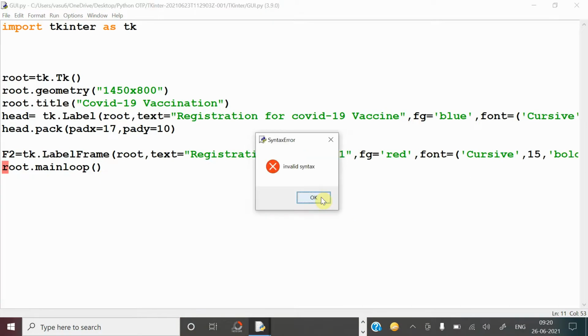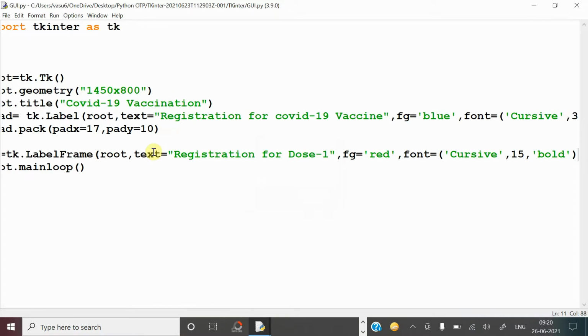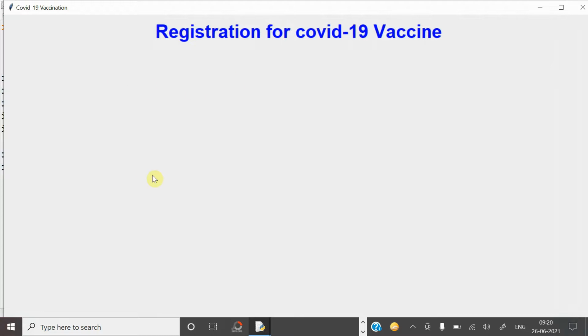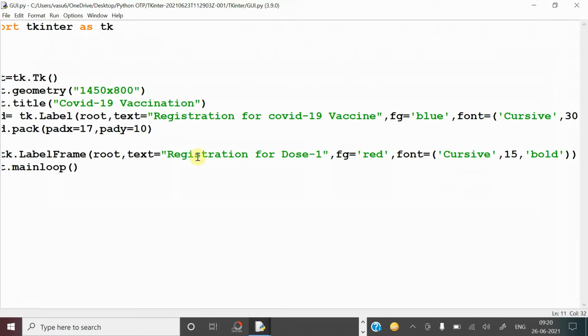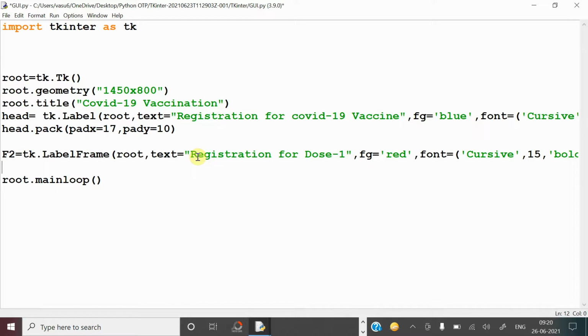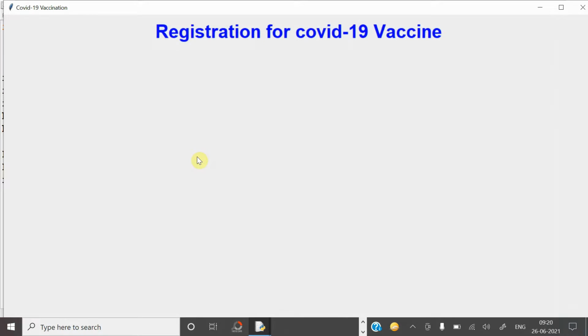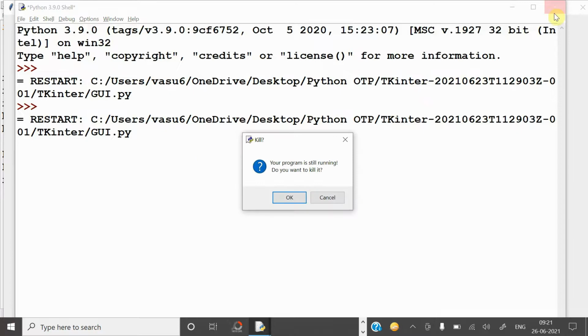After creating the label frame, immediately it will not be visible on the screen until we pack this GUI component. So until we pack this into the root window, it will not be visible. So for this, I want to pack. How can it be packed? So again, you have to call the pack function, f2.pack. You can call the pack function like this. And here I didn't give any parameters. So now we are going to give some parameters. Along with that, it will be packed. So let us see.